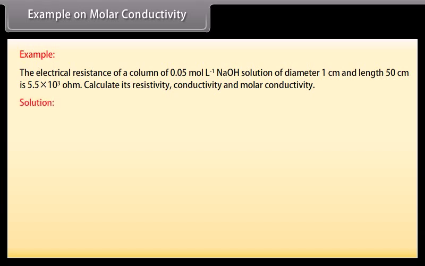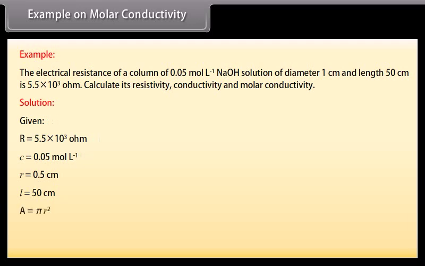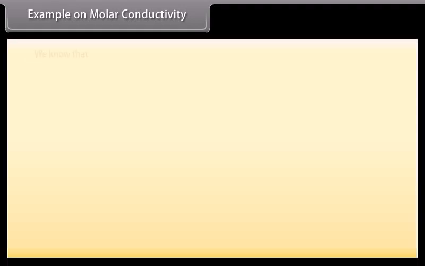Let's see the solution. Here given values are R is equal to 5.5 into 10 raised to the power 3 ohm, C is equal to 0.05 mole per liter, r is equal to 0.5 centimeter, L is equal to 50 centimeter. We know that area is equal to pi r square. By putting the values, we get area is equal to 0.785 centimeter square. We know that R is equal to rho L upon A. By putting the values, we get resistivity is equal to